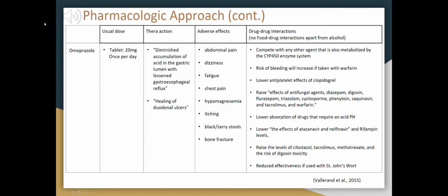The usual dose for omeprazole is 20 milligrams once per day in its tablet form. The therapeutic action is a diminished accumulation of acid in the gastric lumen with lessened gastroesophageal reflux and the healing of duodenal ulcers. Adverse effects include abdominal pain, dizziness, fatigue, chest pain, hypomagnesemia, itching, and bone fracture. There are no food-drug interactions apart from a negative effect from taking it with alcohol, but